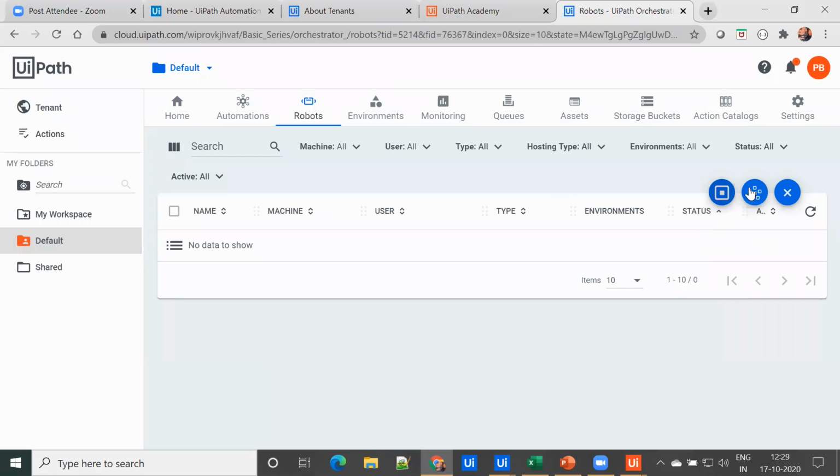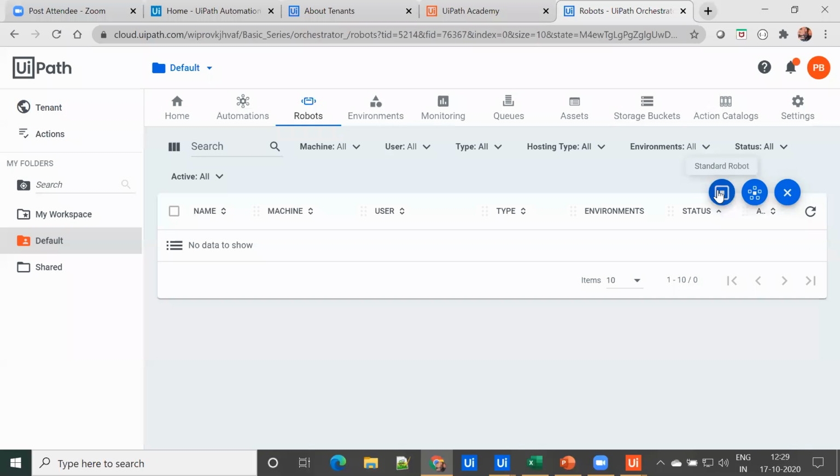A floating robot will work on any machine defined in the orchestrator, and it can change. Suppose we are working in shifts, so we work on different machines; that time it is a good choice.